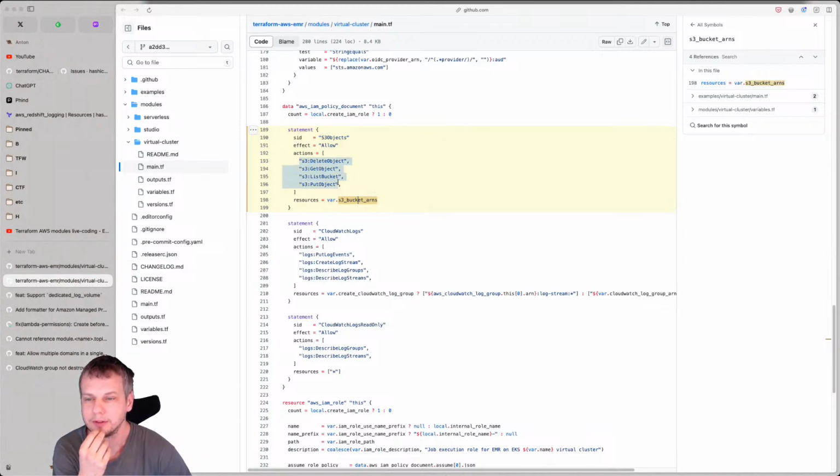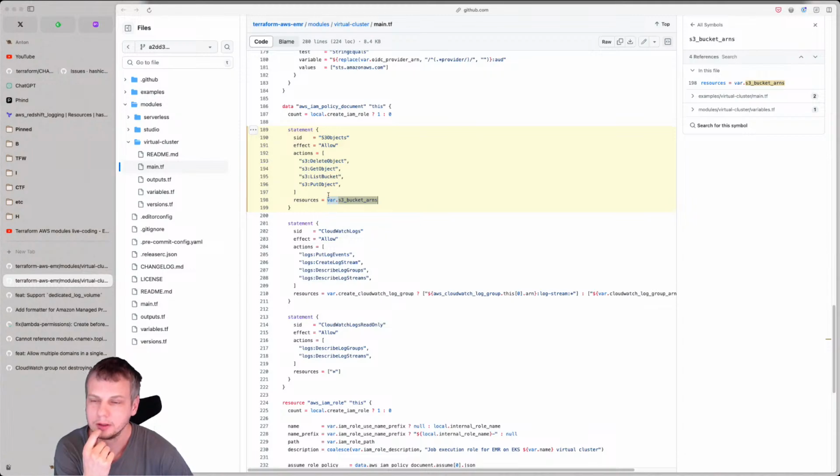So you already have this one, like delete object and put object and so on to any bucket. This is, by the way, Elastic MapReduce virtual cluster.